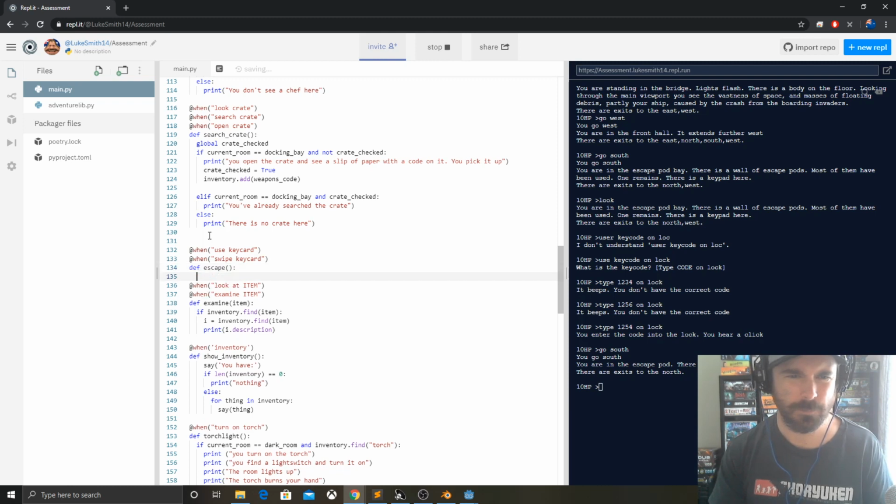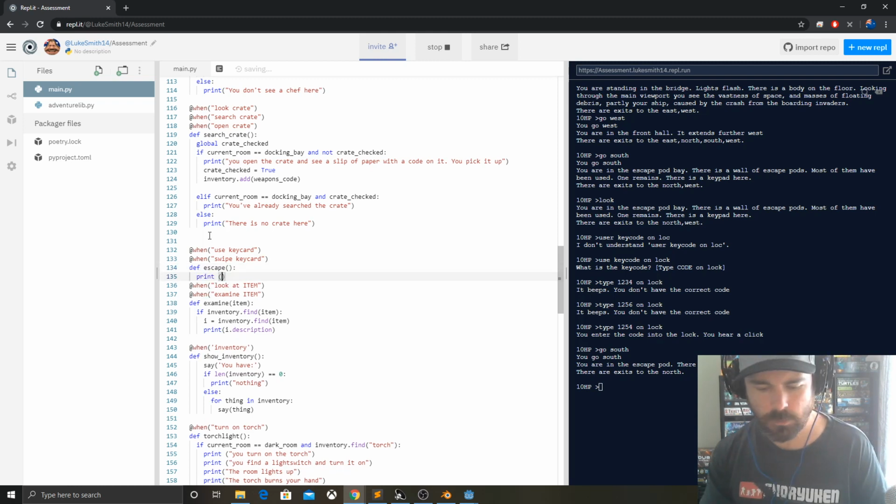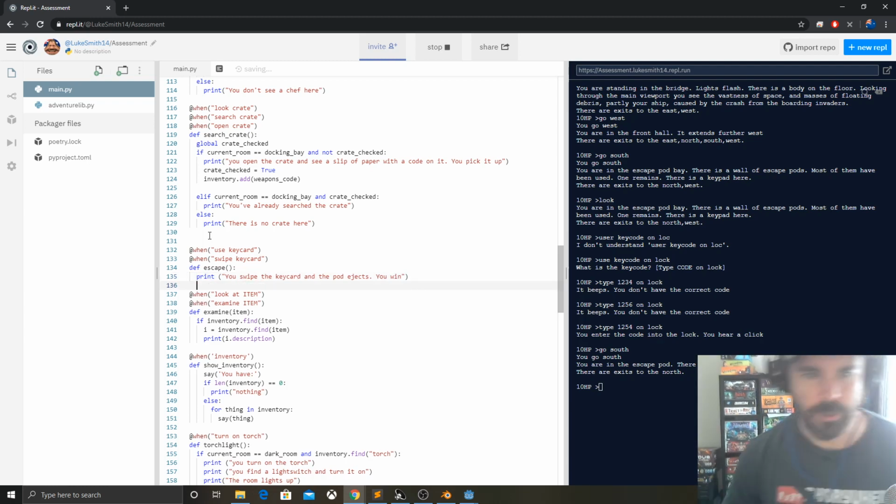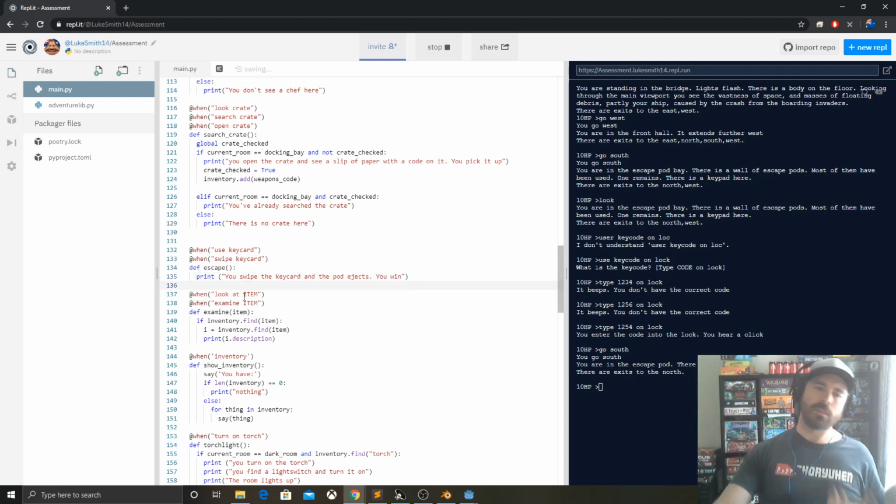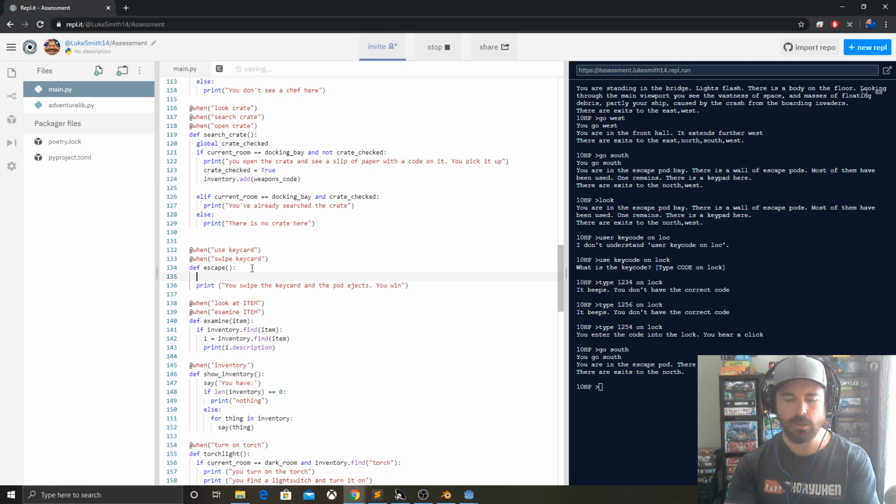escape, print, swipe the key card and the pod ejects, you win. I'm not going to be too creative here. Now, of course, this will let me win the game without actually having the key card if I know the right steps. So I'd have to put something in here, check if player has key card,